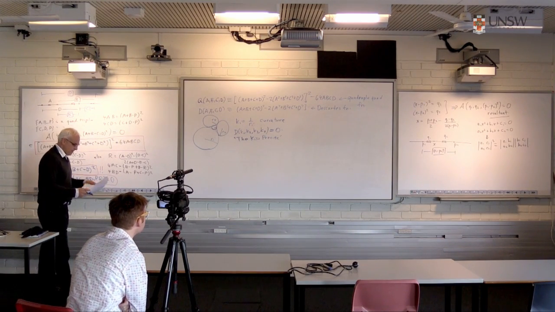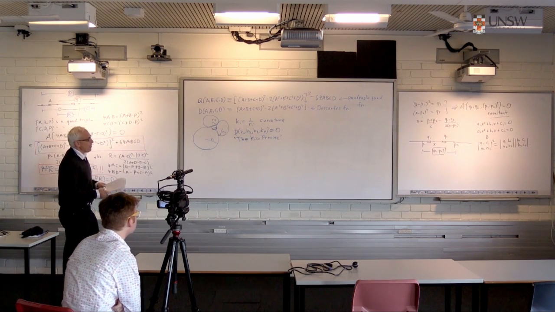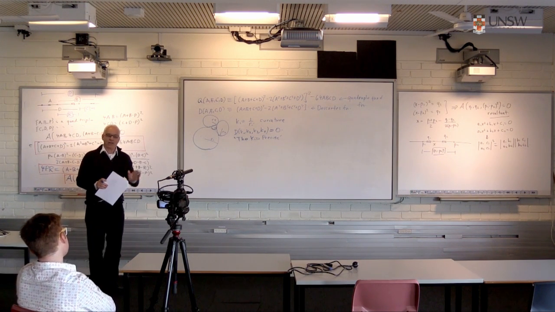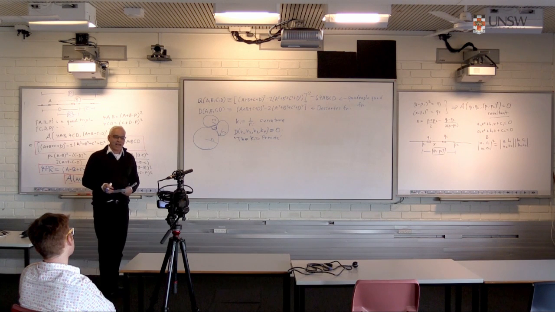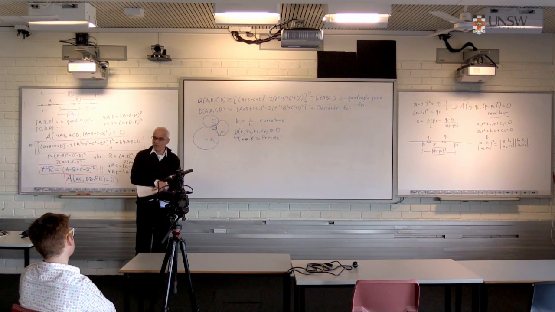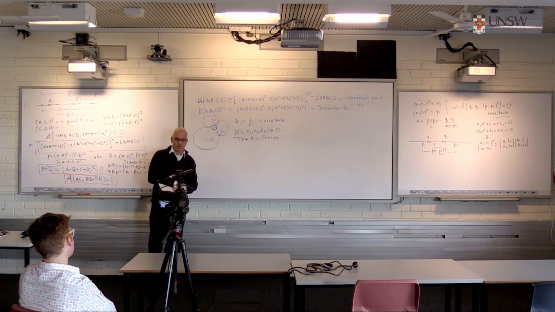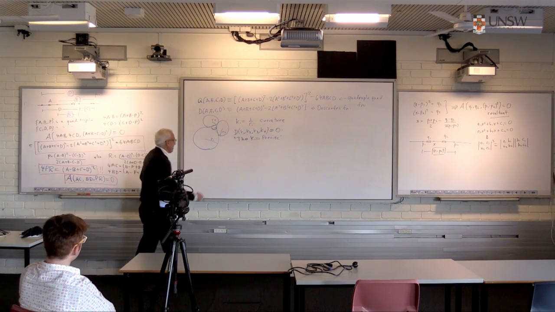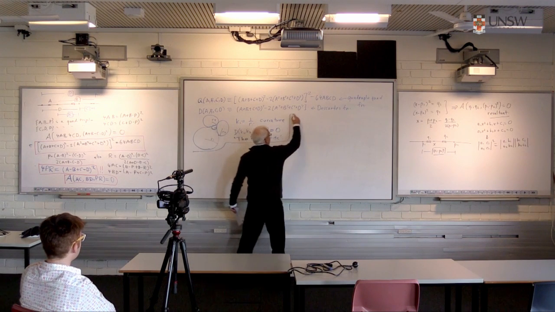Okay, so that's been a little bit of an introduction. And now I want to change gears and go back to antiquity. We're going to have a look at some classical results from geometry, some of the most famous results in all of the history of mathematics. And we're going to see that they're intimately connected with these two formulas that I've shown you today so far. But it's not obvious that they are.